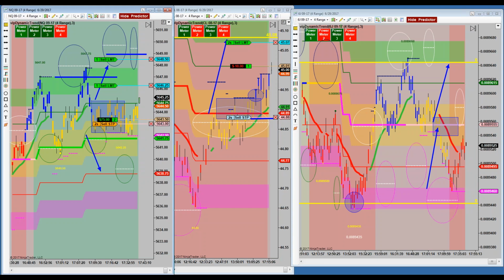A, just below the entry. B, break even, right on the entry. And C, slightly above it. Cast your votes. 5 seconds on the clock. A, underneath. We're talking about 2 lot trailing stops on our long NASDAQ trade. B, break even. C, slightly above our entry to ensure profitability.